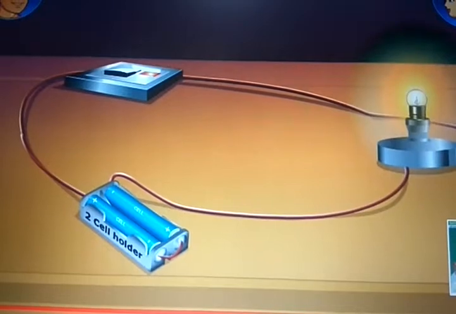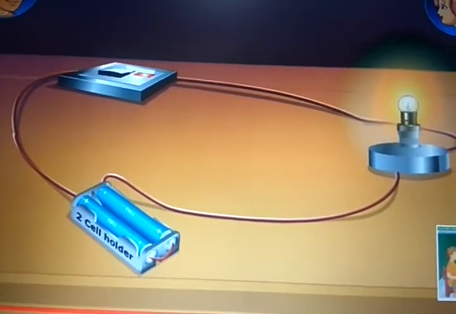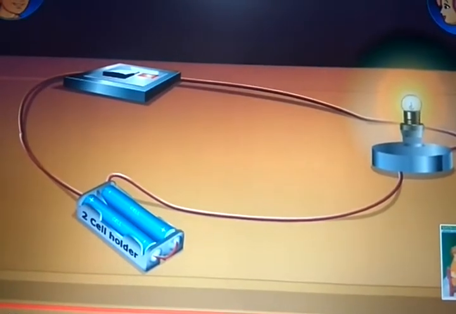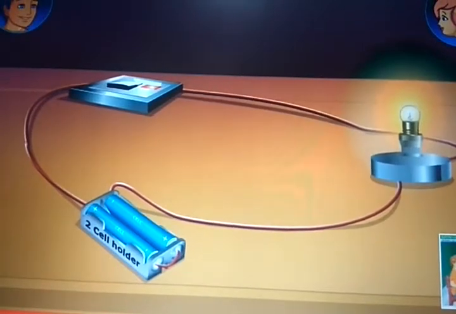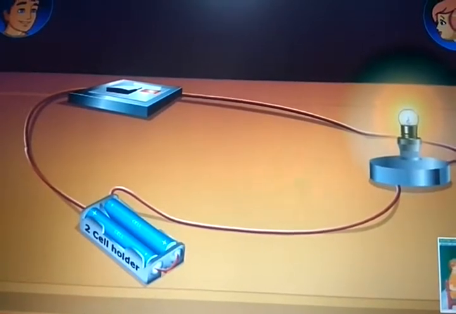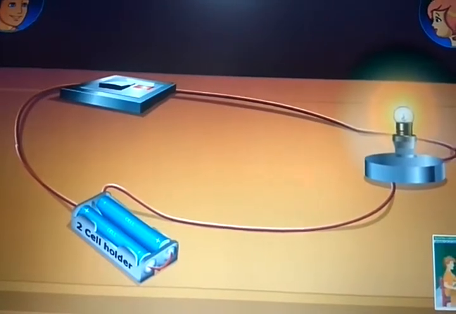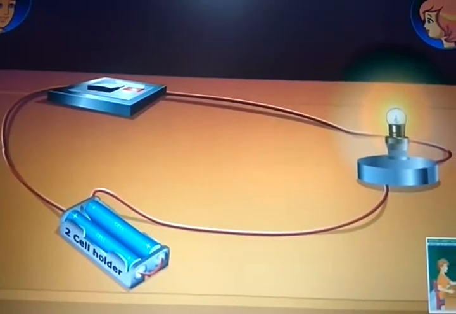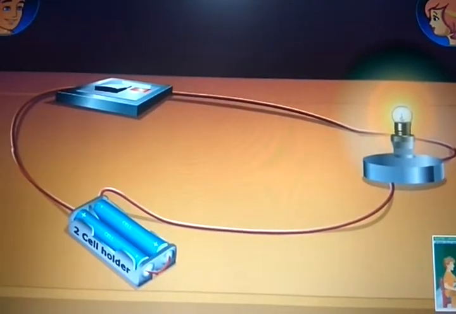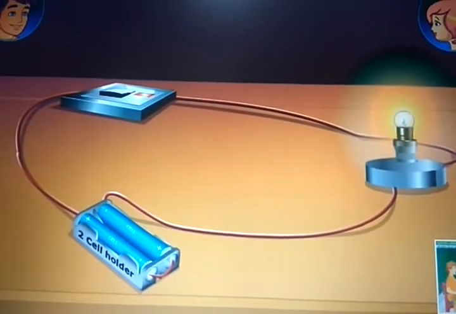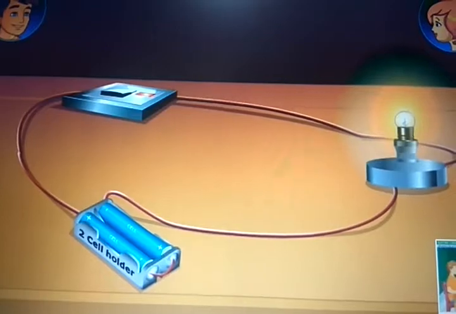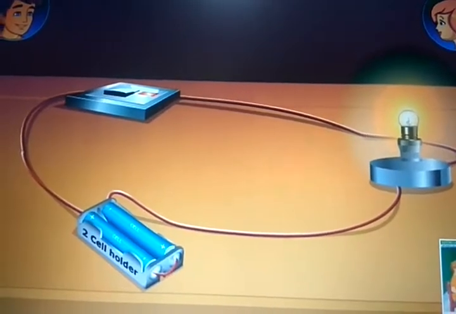In our simple circuit we can use two cells also. So if we use two cells, means if we construct with the battery, then bulb will be glowing more because battery is there. Now not single cell is there. Now it becomes double, right? So its capacity is more to glow the bulb.